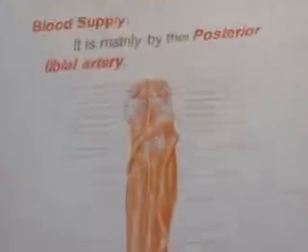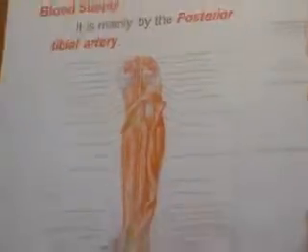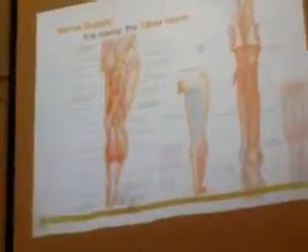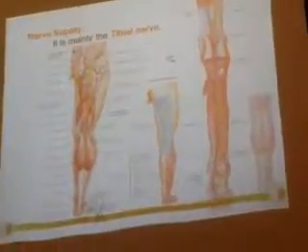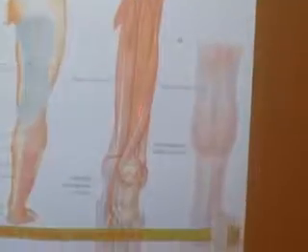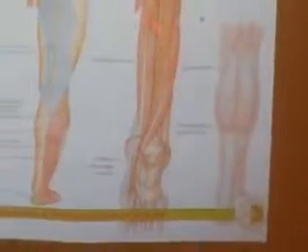Here also you can see the same popliteal artery dividing into anterior and posterior, and the posterior continues with the fibular artery and supplies the posterior compartment. Coming to the nerve supply, as I said, the tibial nerve, which is the branch from the sciatic nerve at the upper part of the popliteal fossa. It comes down, and see here the posterior tibial artery and the tibial nerve running downwards, and they supply this whole compartment.